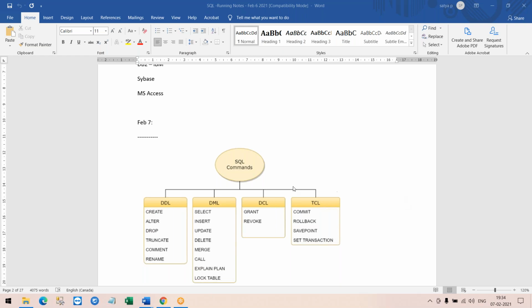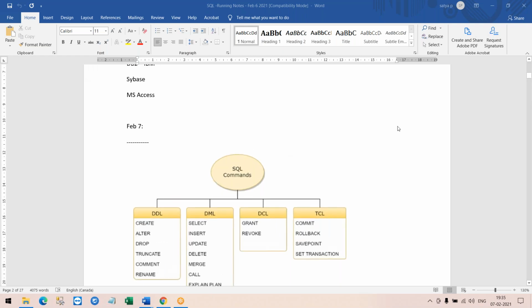All right, so we will study the commands from today on. In yesterday's class, we studied that there are various SQL commands, and SQL is used by many different teams, not just by the testing team or the development team. You would have developers working on your database, database administrators working, business analysts working, and in an organization there will be multiple testers working on different databases, right?